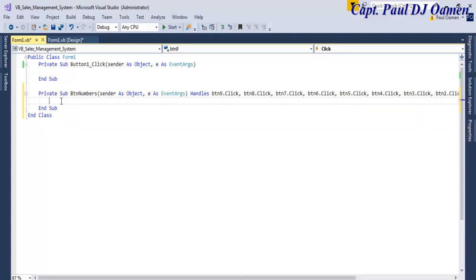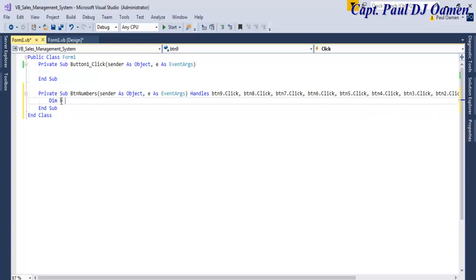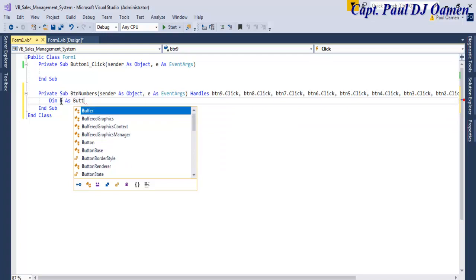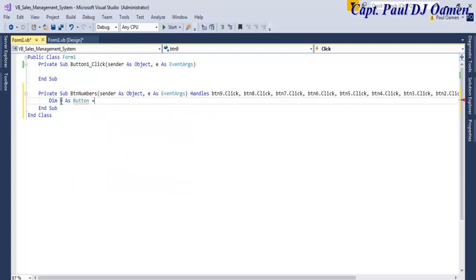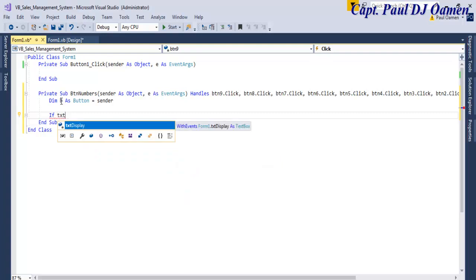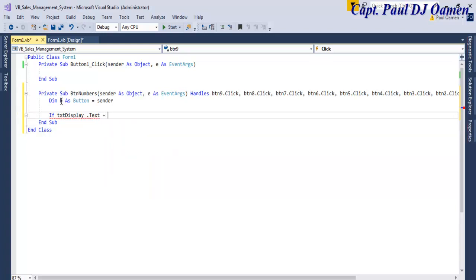Okay, I will now come in there. Let's declare a variable: Dim b, representing button, As Button equals sender. If txt display dot text equals 0, then